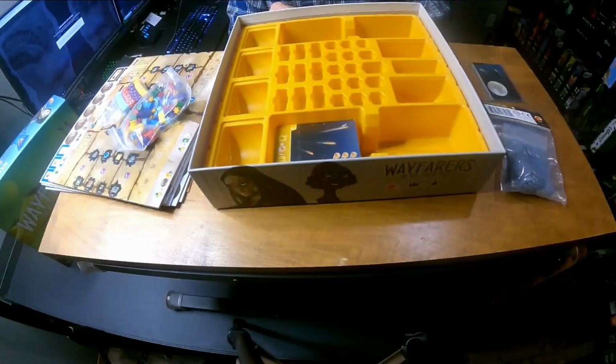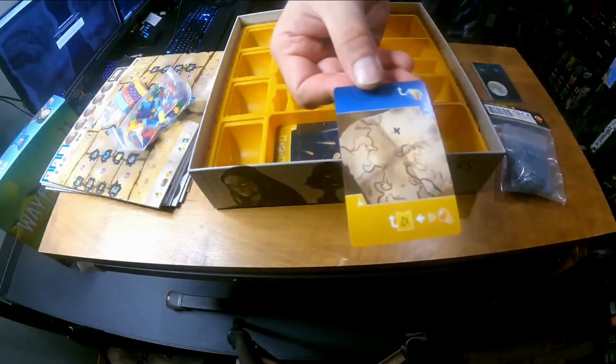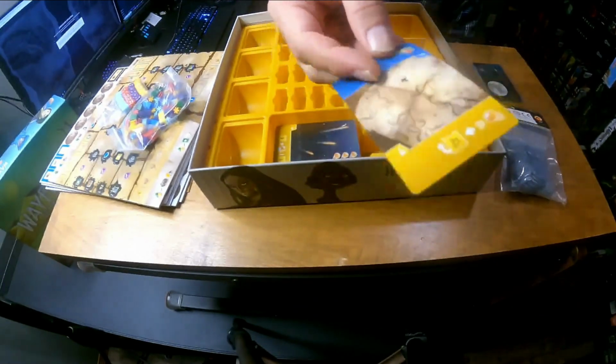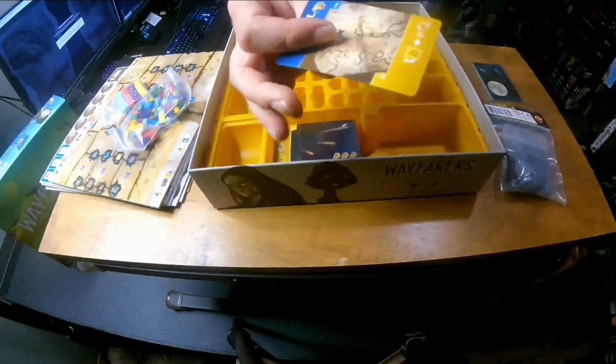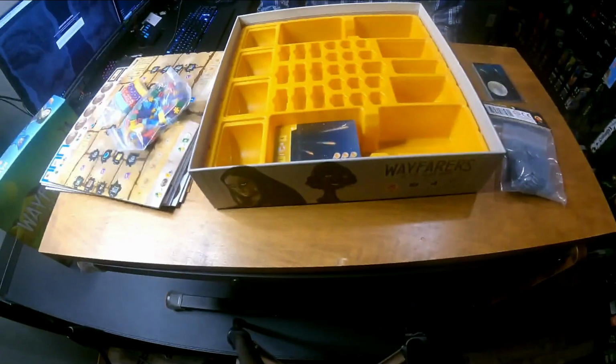Ooh, the cards are always sealed so well. And they always leave enough space for you to be able to sleeve your cards. But you can tell, if I can get a good shot here, very nice premium linen finish. They're always just good. These cards will last, especially in sleeves. So you have all of these cards